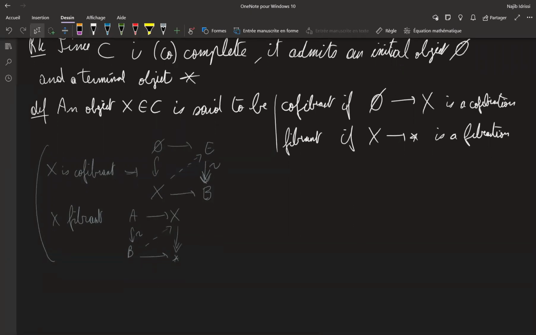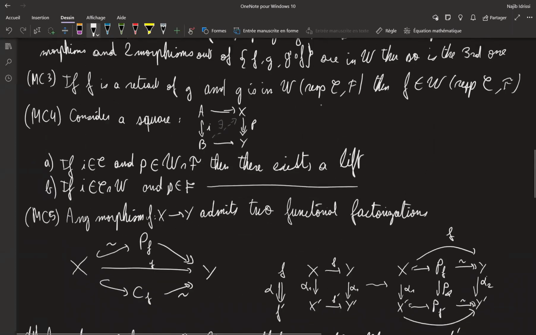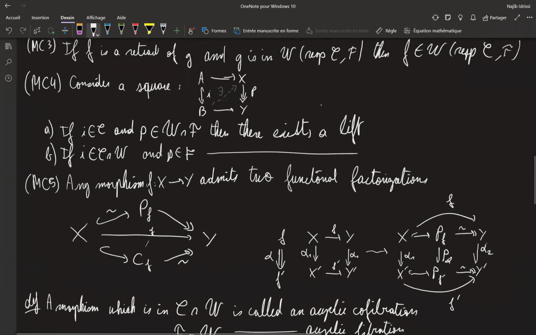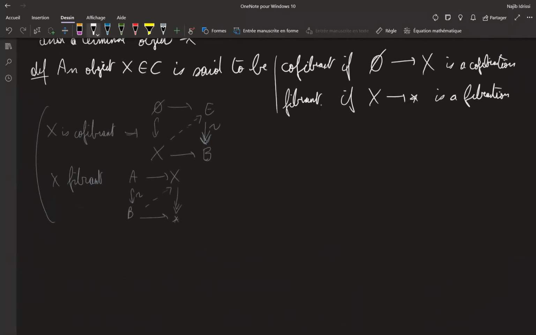Okay? And just like in standard categories, like for example chain complexes or topological spaces, you can always replace an object by a better one, like a CW complex or a projective complex. In this category, you can always replace an object by a cofibrant or a fibrant object using axiom MC5, right? You just have to factor the map from the initial object or to the terminal object. So any object admits a functorial